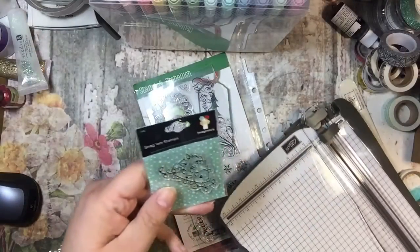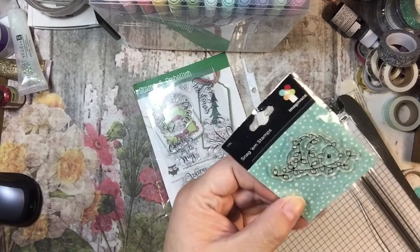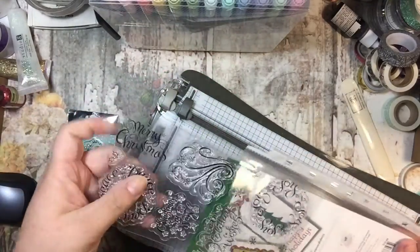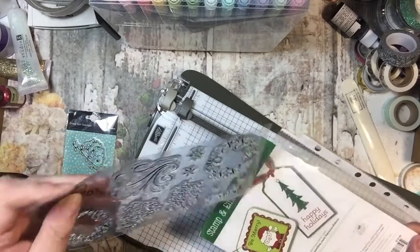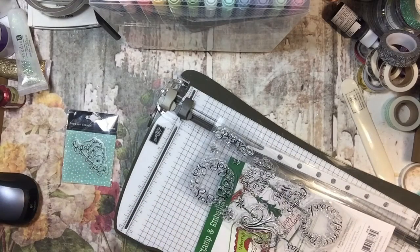And one of them is the Snag 'em Stamps, which has this sweet little hedgehog that I could not help but use, and this is from my friend Tanya. And then also I have these that I just have in my stash that I thought were really cute. I like the Merry Christmas. I actually bought these off of eBay or I think actually Facebook, and I'm going to cut this off because